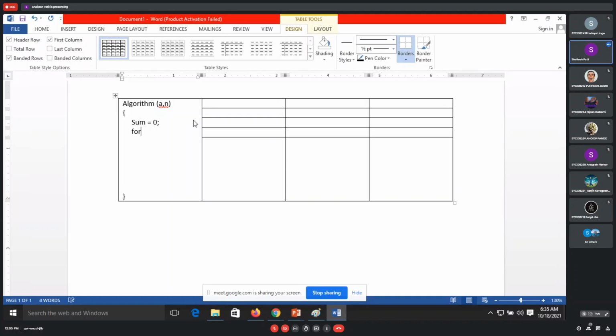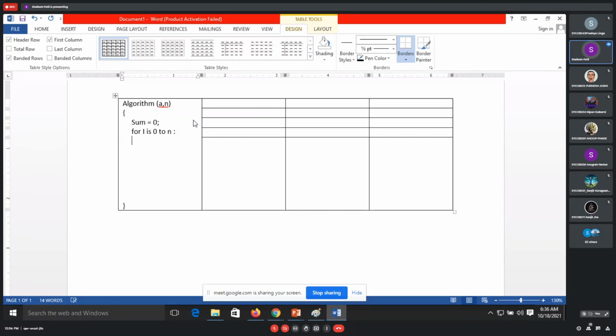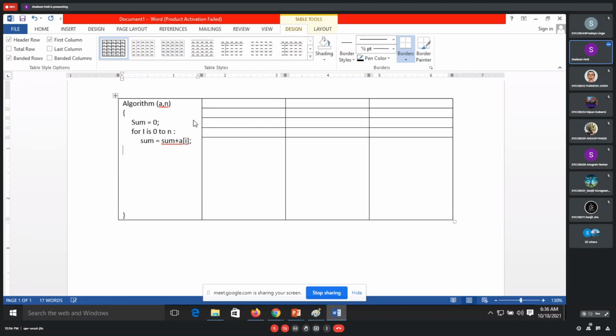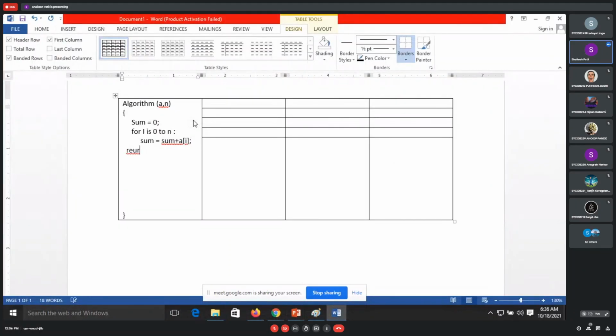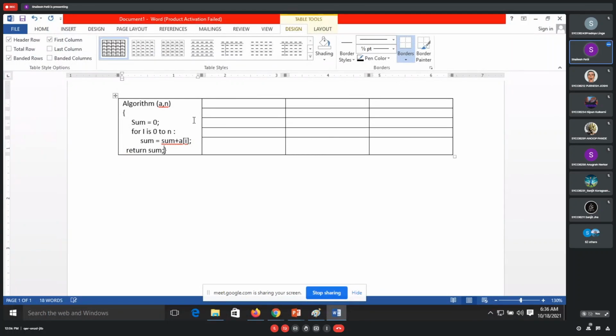Then we write for I from 0 to n, sum is equal to sum plus a of I. And finally, we have return sum. Okay, so this is my algorithm for addition of these numbers.